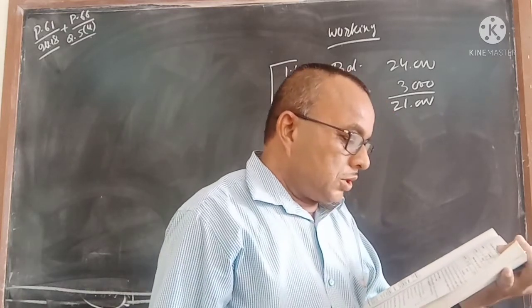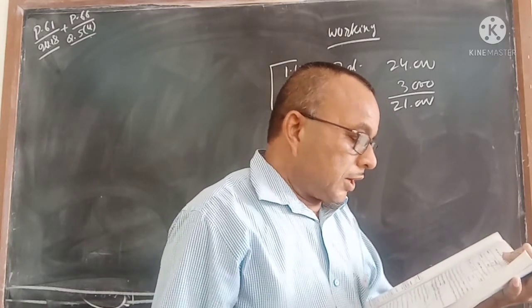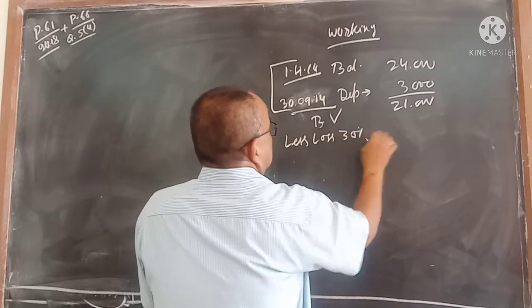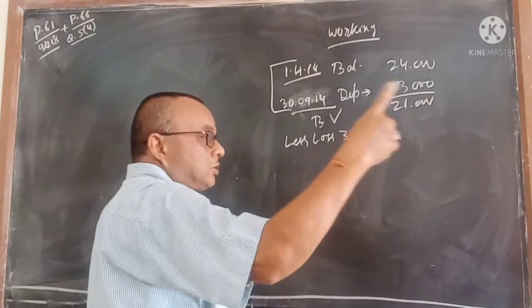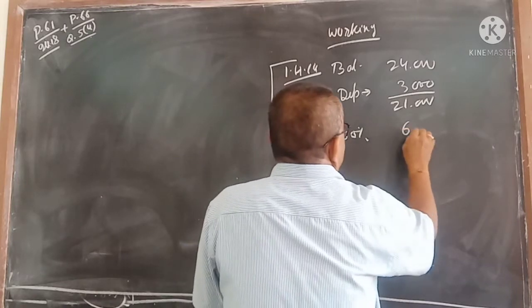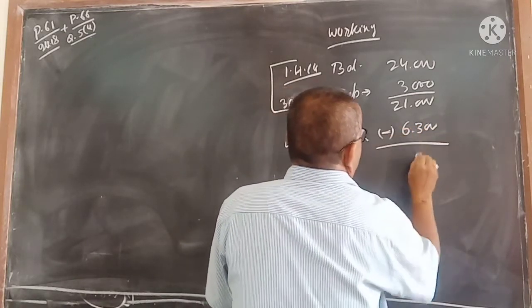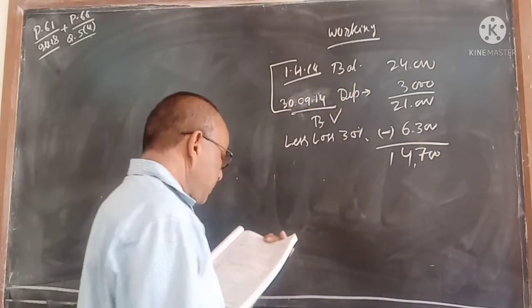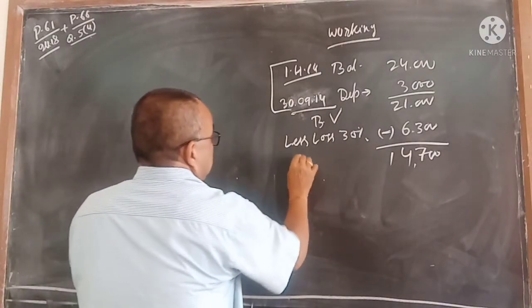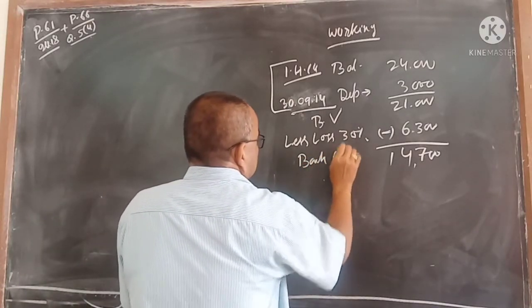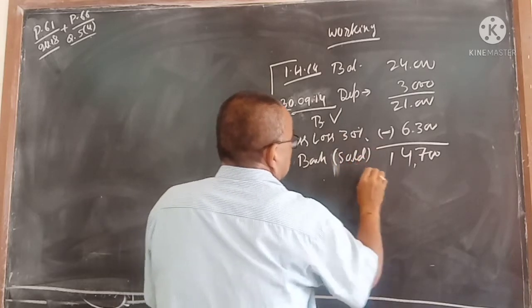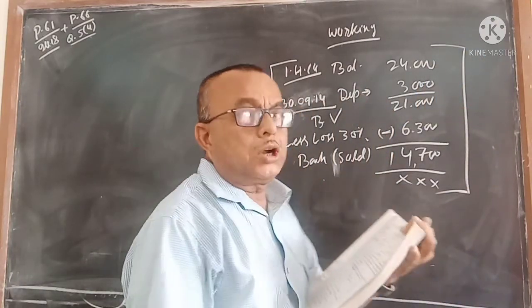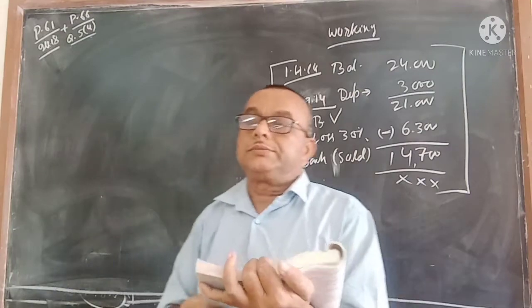And you are charging depreciation at 10% and a 30% loss. Now less loss 30%: 2,000, 2,000, 2,000, that is 6,000, and 6,300 is your loss. Minus 6,300, you get 14,700, which is your bank. The machine is sold and you close it. You have to do the machine account only this much, no need to do it from the first year.